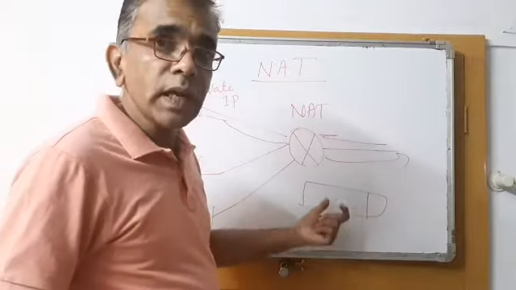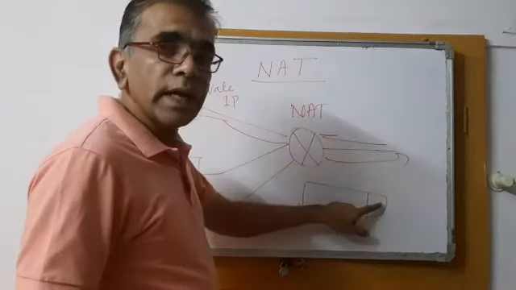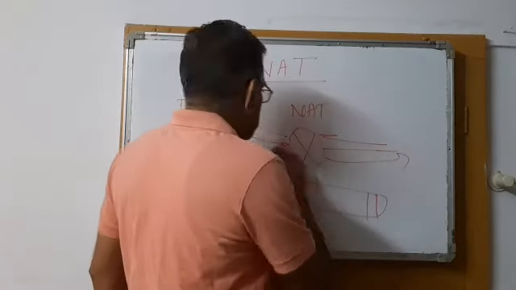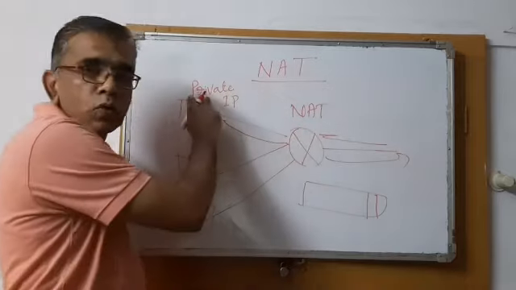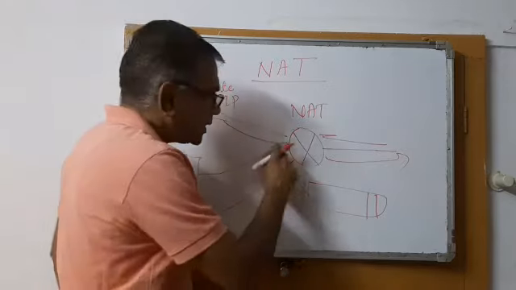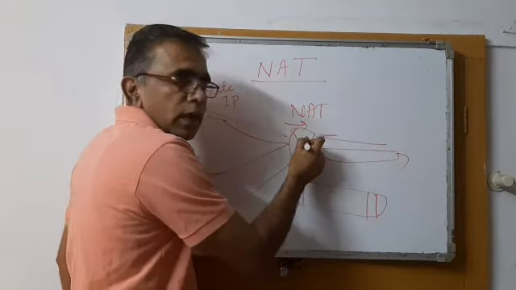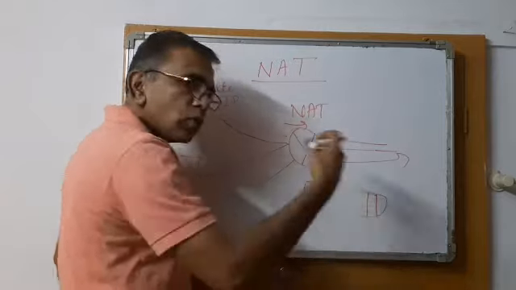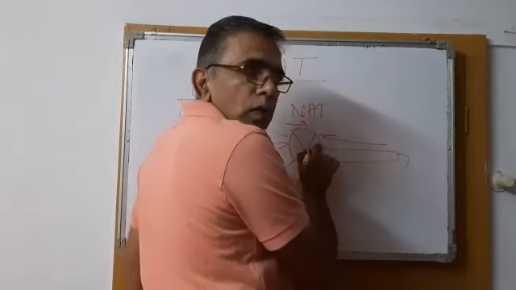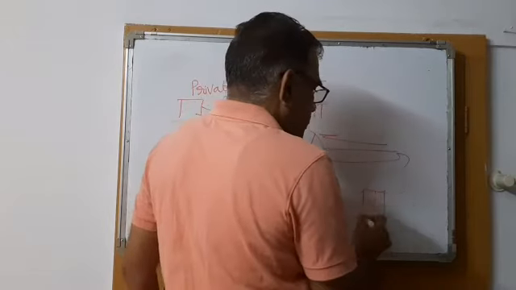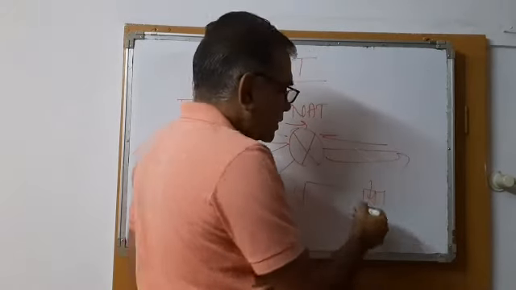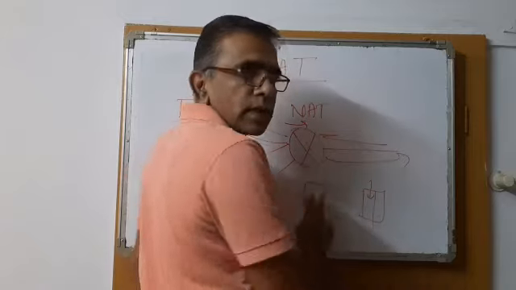IP addresses are going to be translated. They are going to be reassigned to the packet. Whatever packet is generated by this host contains the private IP, which will not be recognizable by the outside world. So for that reason, when a packet enters the gateway router, the addresses will also change. The changed address will contain the public IP of this router plus the destination's IP address. The destination address remains as it is, but the sender's address gets changed to the router's address.